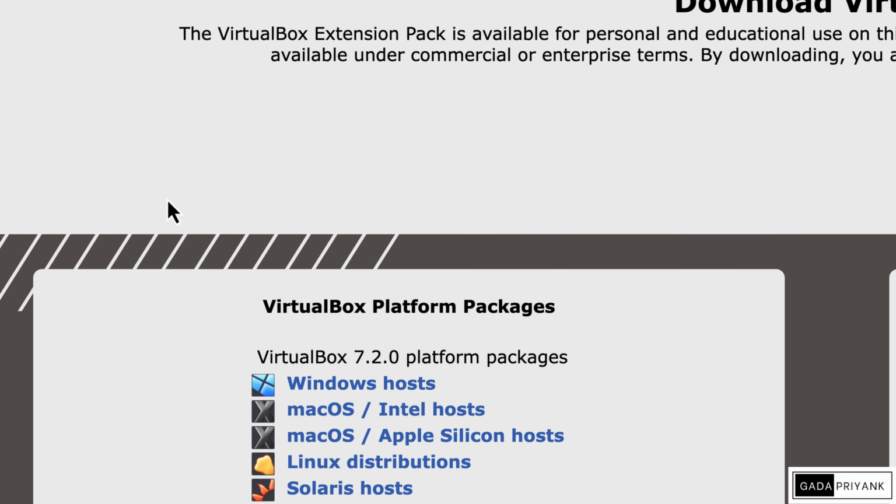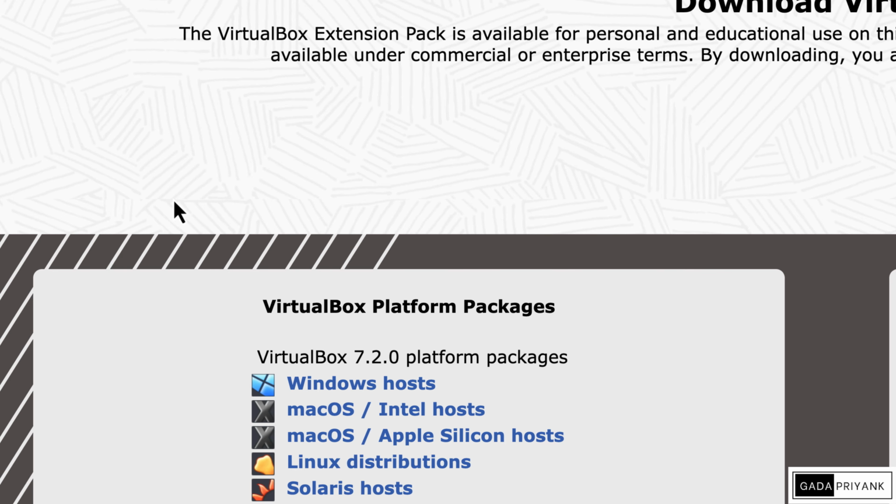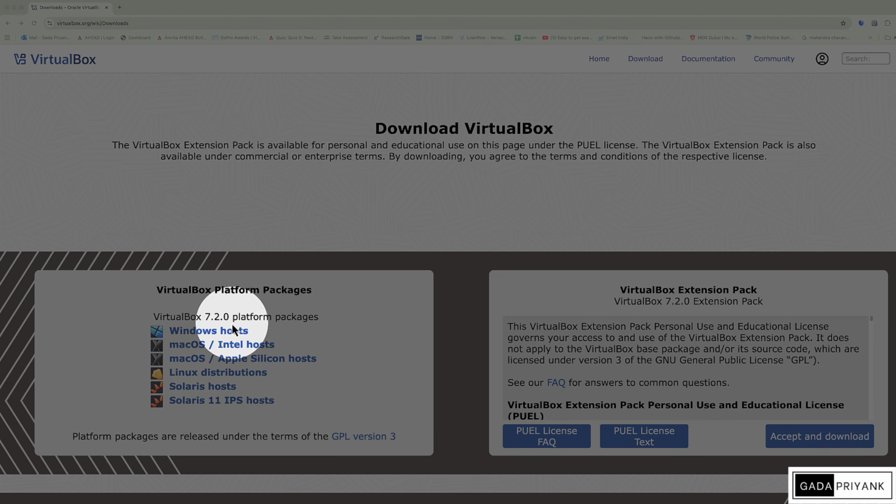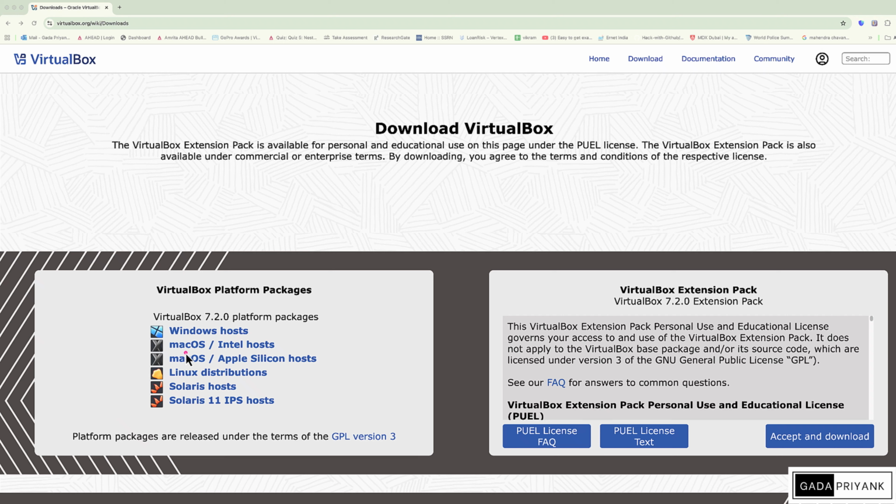Now VirtualBox is widely compatible with almost all operating systems, and VMware has some paid options available. If you can afford it, you can do that. This is the official website, and over here you can click on Windows host if you are a Windows user. If you are a Mac user, you need to make sure that you have the right chipset selected. Mac has Intel as well as Apple Silicon chipsets, so you can select accordingly. If you are a Windows user, you can click on the button, and for me, I'm using a Silicon chipset. I'll just click on this button.